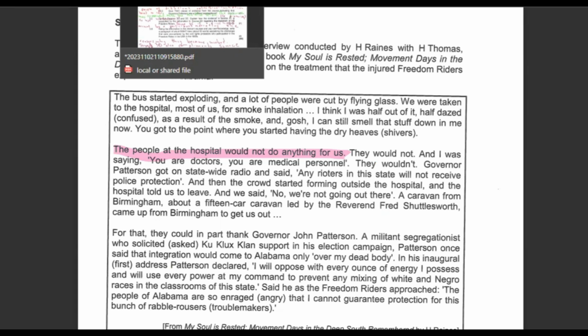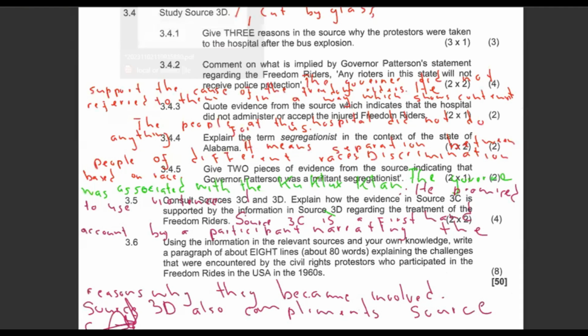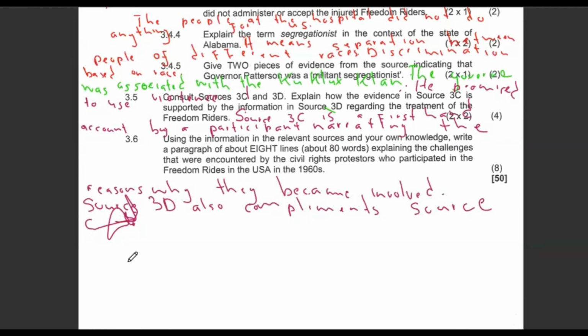So as they were doing so, some of them became victims of the system. Some of them were attacked and some were injured in a bus which was attacked by opponents of the civil rights movement. Then in addition, you can also indicate that even the police was not on their side. When they went to the hospitals, the hospital staff were not on their side either. Instead of treating them, they watched them, and the police authorities also threatened to put them into prison.